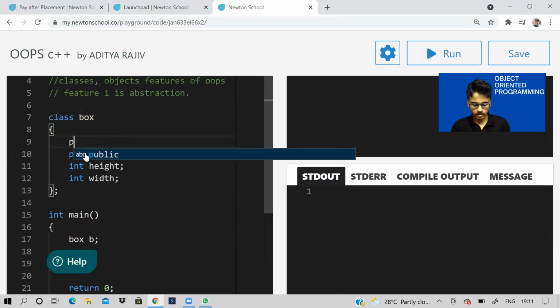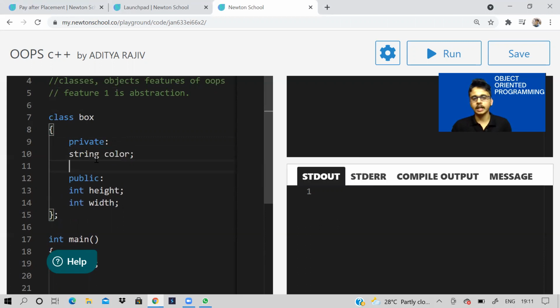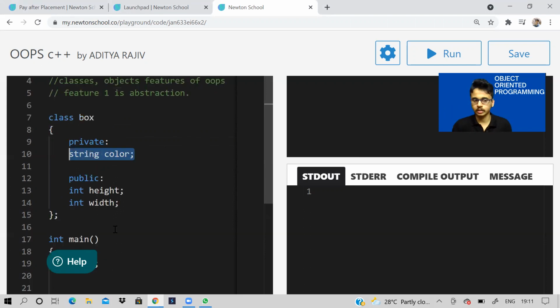So how we can implement that is, we can declare it in the private section. We can say, whatever the color may be, let it be anything. We are not going to bother about it. It will be only inside our class. It can't be accessed outside our class and nobody will get to know anything about it.